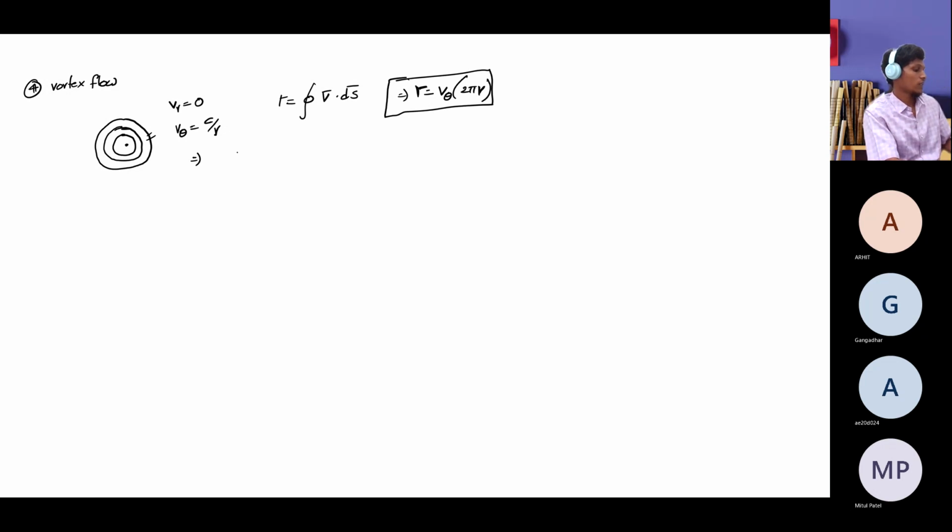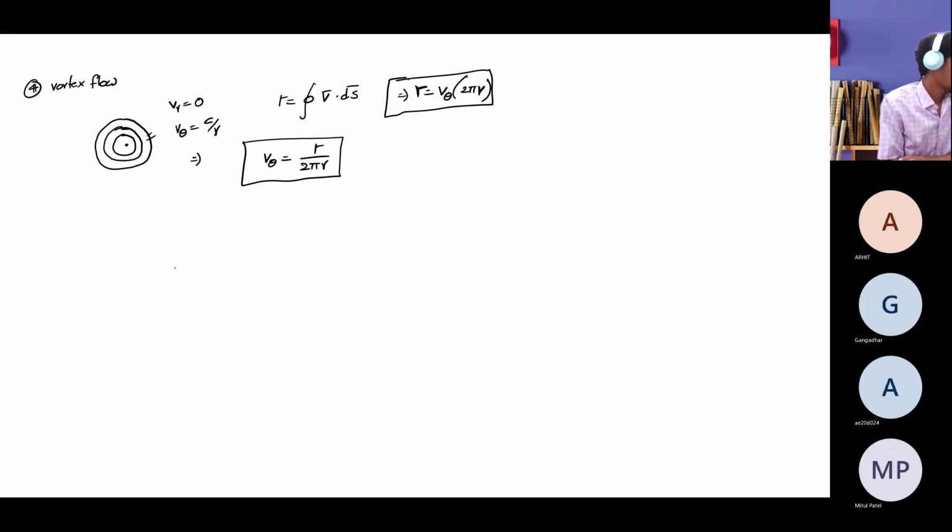So if you define the strength in that way, you can get circulation by just replacing this v theta equals to gamma by 2 pi r. A very important definition for the vortex flow, not only for the vortex, we are going to use it for a finite wing kind of conditions where you can see the wing tip vortices. Yeah, same thing here, strength of a point vortex.